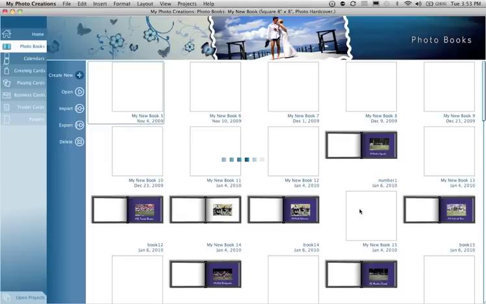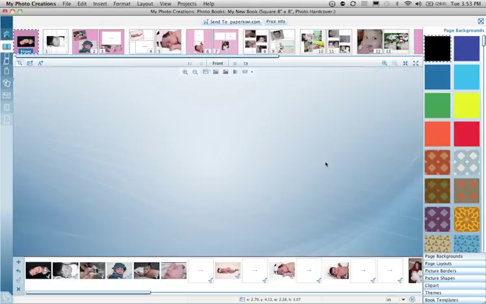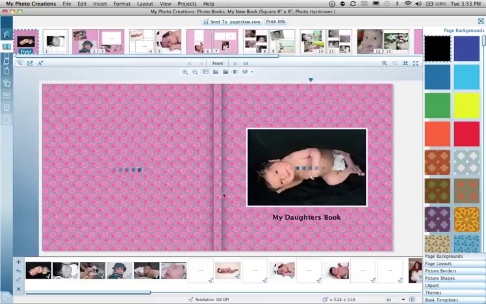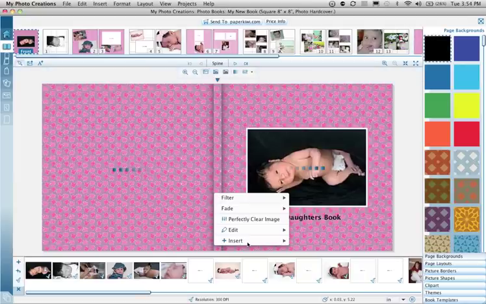As soon as that book is done building, it's going to actually open that book in my window. Okay, and now I am looking at my book. The first page that will pop up is the cover. So this is the front cover on the right, back cover on the left, and then we have the spine in the middle. I could actually right click on this and say, oh, I want to insert